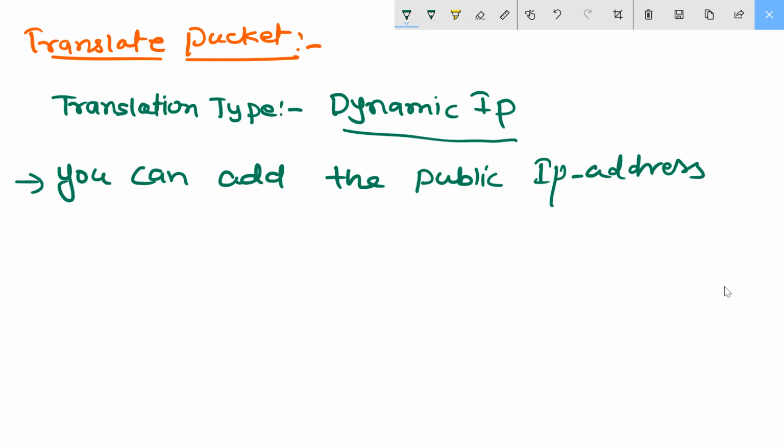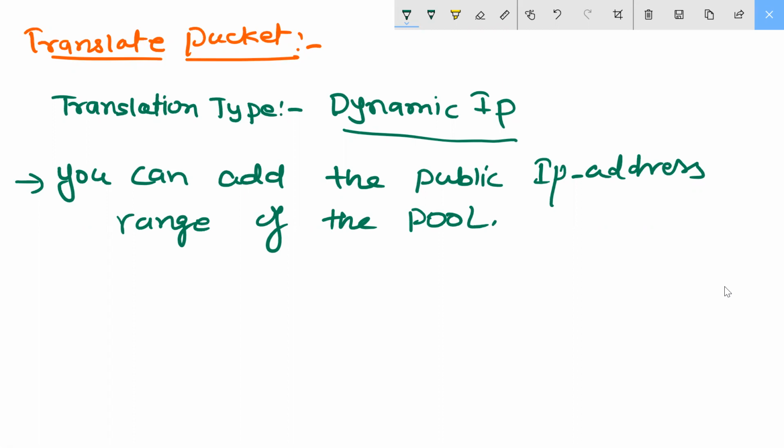So if I go to NAT, I have to create another rule now. I'm explaining. The public IP address, the range of the pool. First point is this one. We also have the option for the static IP.